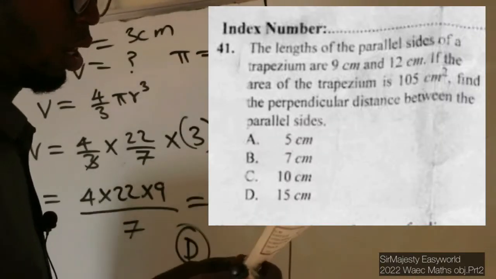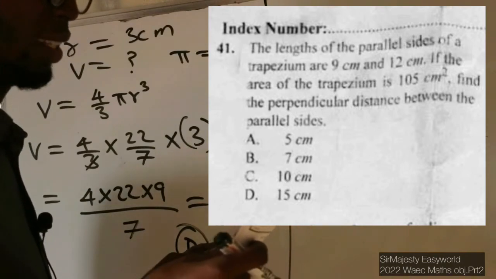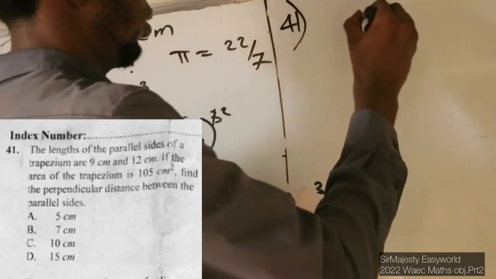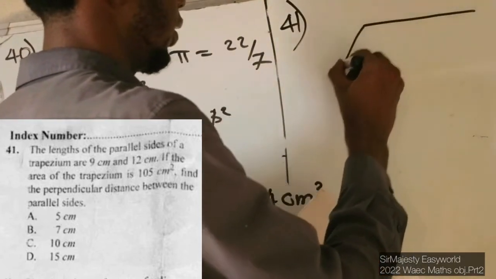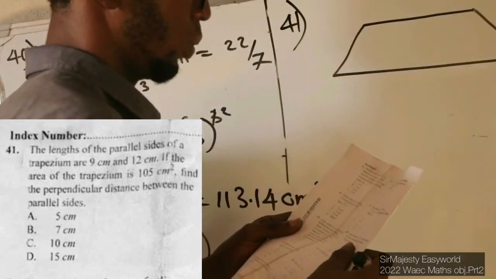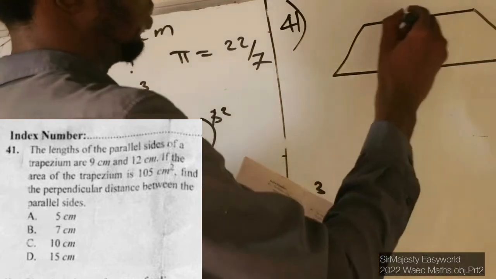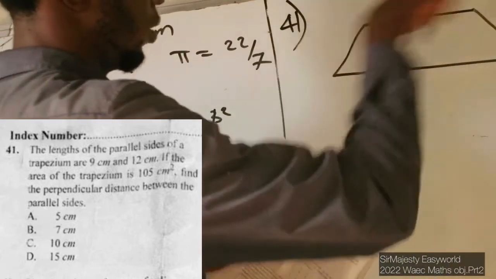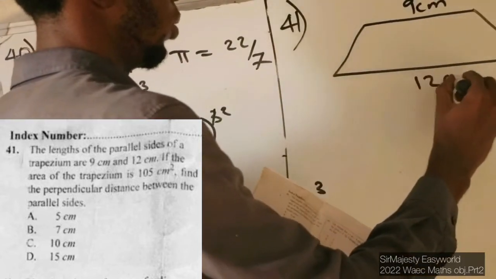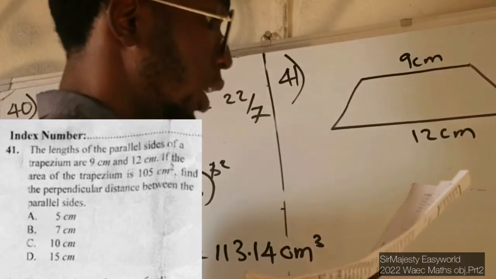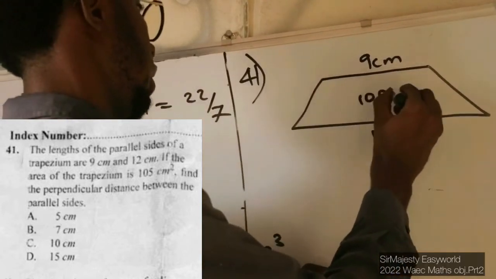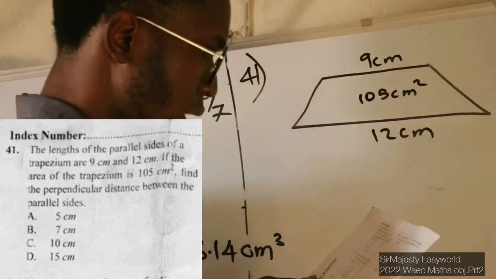Moving on to the next question, we have the lengths of the parallel sides of a trapezium are 9 centimeter and 12 centimeter. So let me see if I can sketch this trapezium on the board. So this is what a trapezium looks like. The lengths of the parallel sides of a trapezium are 9 centimeter and 12 centimeter. These are the parallel sides of a trapezium, these two sides, because they are parallel. So 9 centimeter, obviously 9 has to be for the smaller one and 12 has to be for the longer one. If the area of the trapezium is 105 centimeter square,